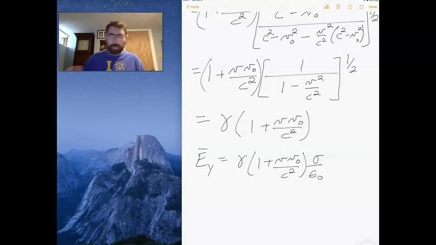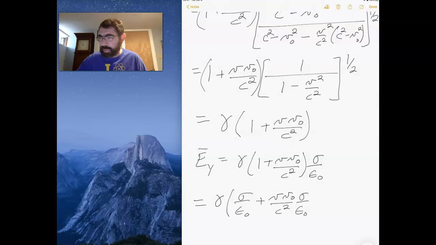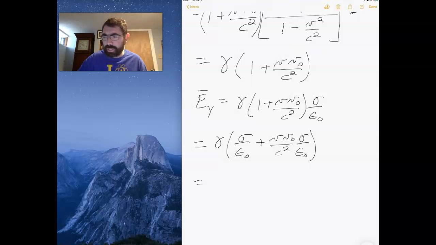And if I now multiply that out, I get gamma, the electric field in the S frame, plus V0 over C squared, sigma over epsilon naught. Now if I look at that, a velocity times a charge density is the current, and so essentially what I get is gamma, the electric field measured in the S frame, minus V over C squared, Bz over